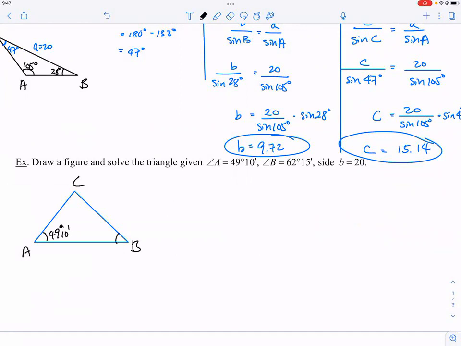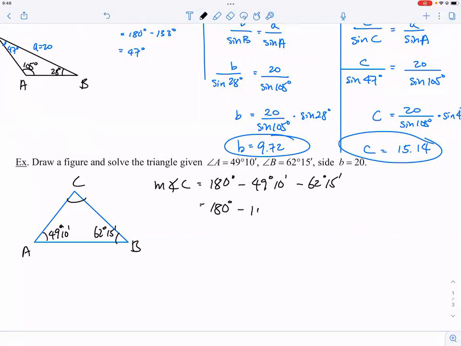And then angle B is 62 degrees and 15 minutes. Then angle C must be 180 minus these two angles. So 180 degrees minus